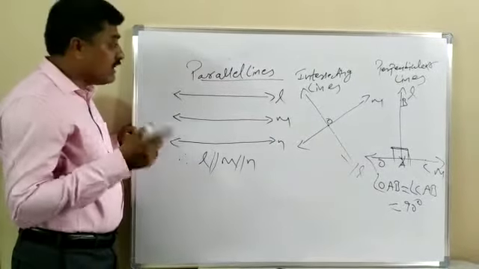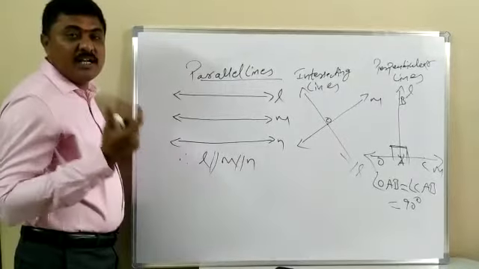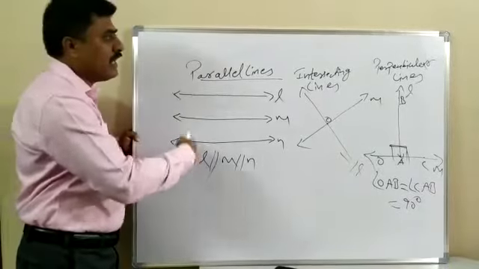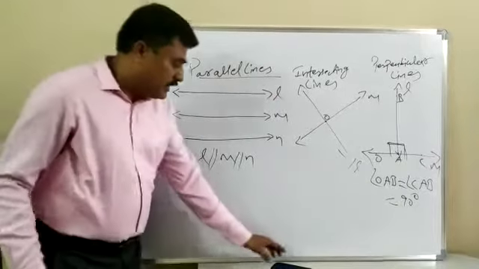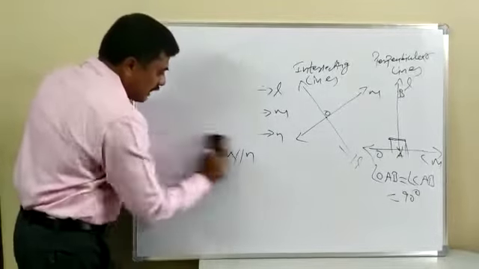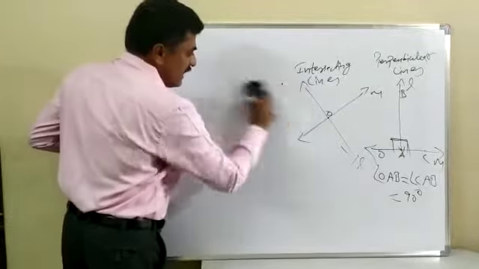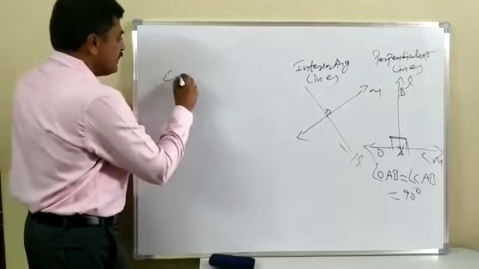Yesterday in the last video we saw only what a line is. Now lines are classified like this: parallel, intersecting, and perpendicular lines. One more is concurrent lines. You will see about concurrent lines. What are concurrent lines? Here we have seen parallel lines and intersecting lines. Now I am showing what concurrent lines are.